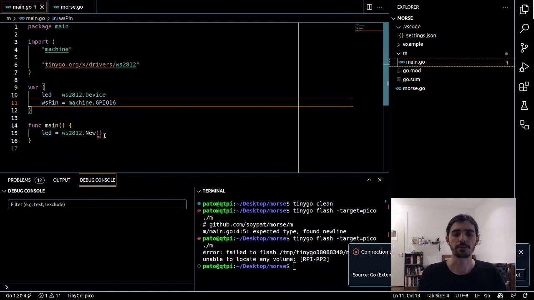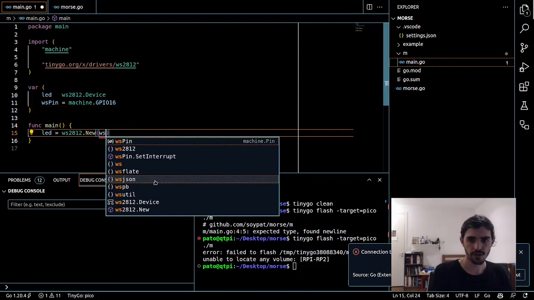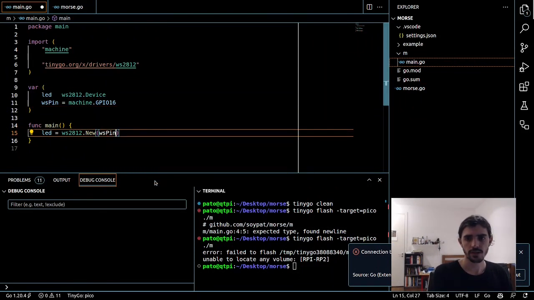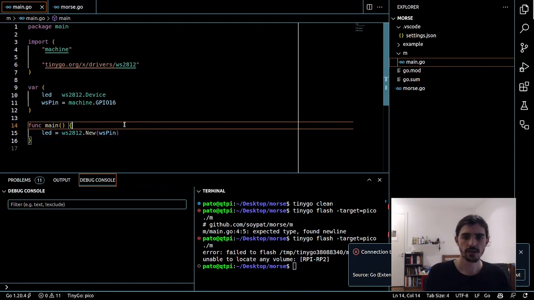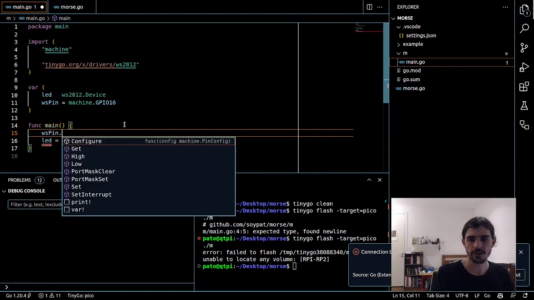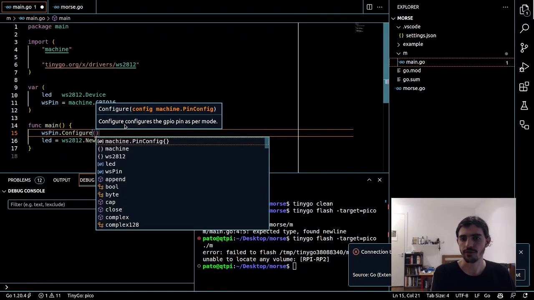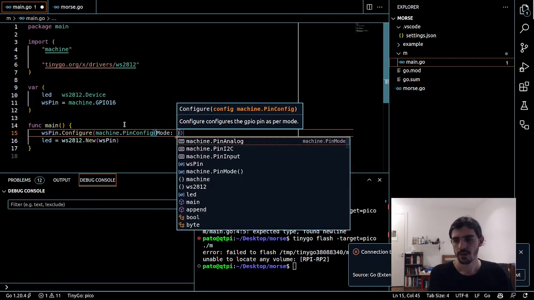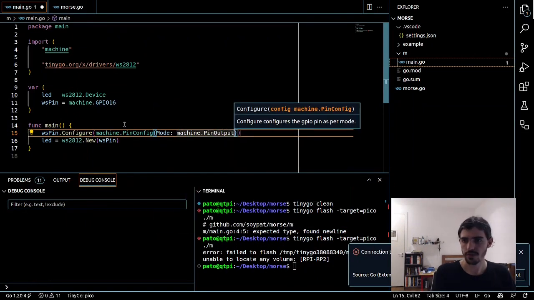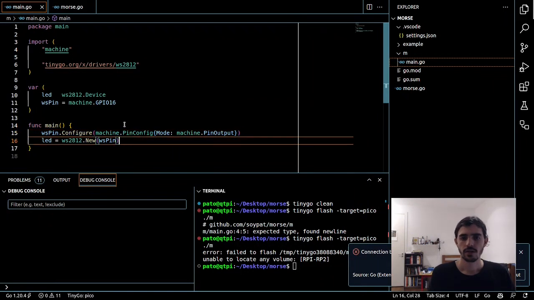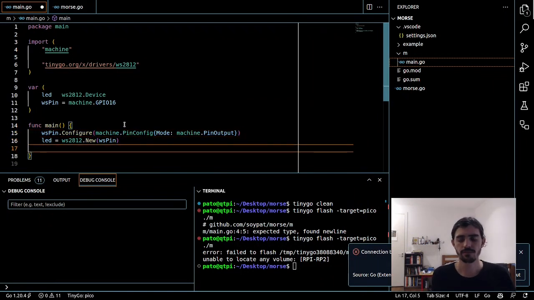So here I'm defining my NeoPixel pin as GPIO 16. I will need to configure it because I don't think this library configures it for you. Pin output. Once it's configured,